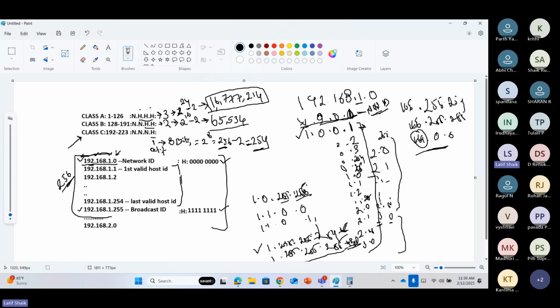The last one we can't assign to devices. After this it is 2.0.0.0, so automatically the network changes, a different network. From 1.0.0.1 to 1.255.255.254,